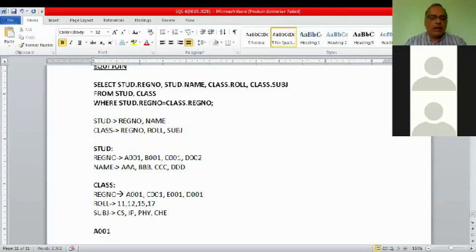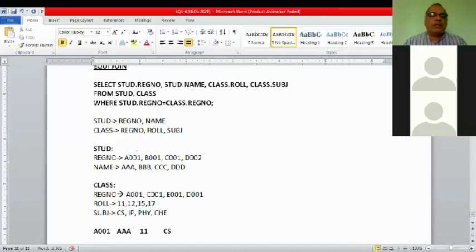A001, this value record first comes, and accordingly STUD name. What is the name? The first name is AA. Then what is the roll number of A001? 11. And what is the subject of A001? CS.